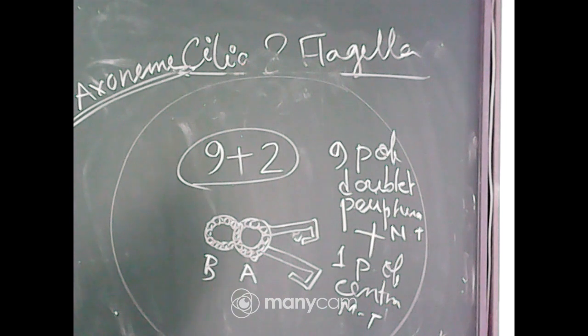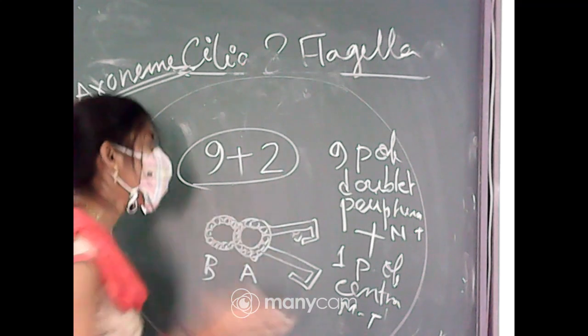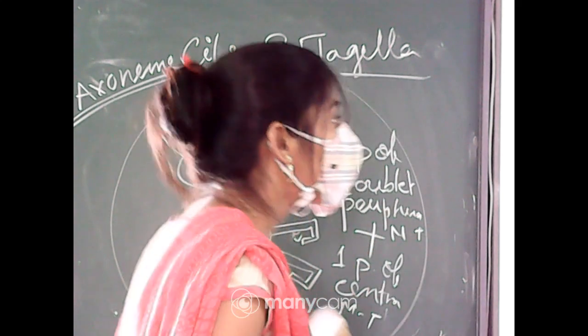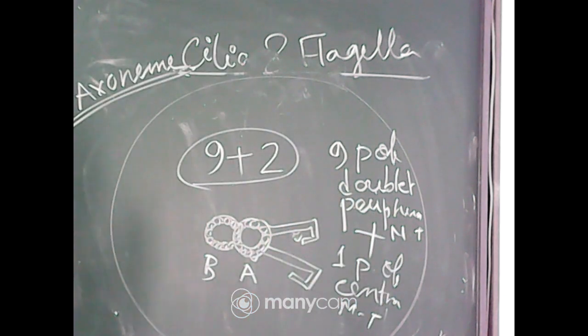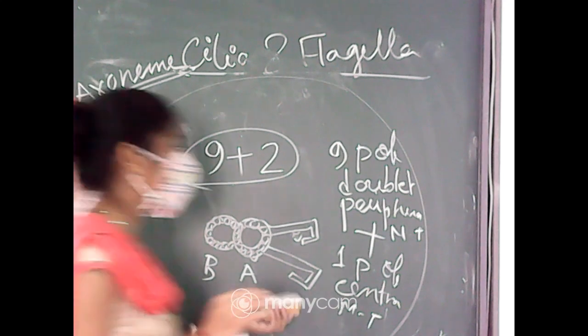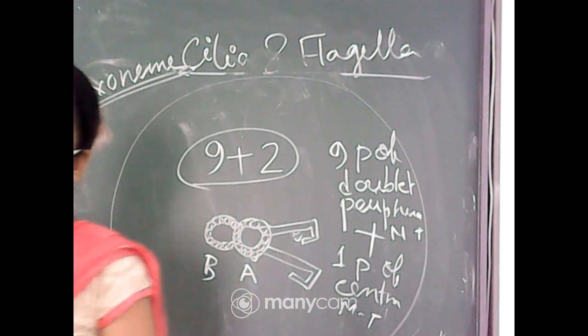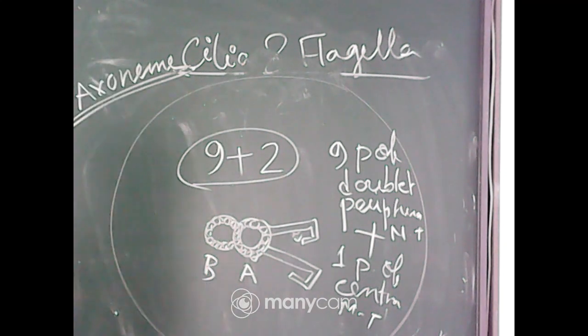And this A is made up of a protein called dynein, which shows ATPase activity and hydrolyzes ATP, from where they get the power for the movement of the cilia and flagella. So, for moving cilia and flagella, they need some power. From that ATPase activity, due to the hydrolysis of ATP, they get the power for moving the cilia and flagella.